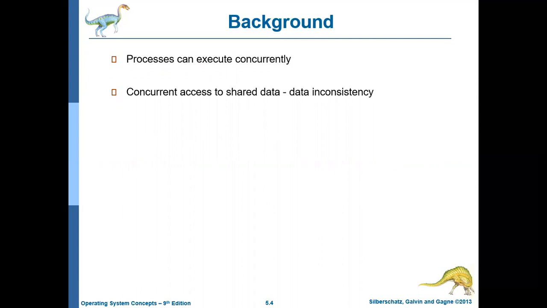That is, the data may be in the wrong state after both the processes got executed. This problem is created because these concurrent processes were not synchronized. Concurrent processes are also called cooperative processes. If two processes are executing concurrently, then they can also be called cooperative processes.